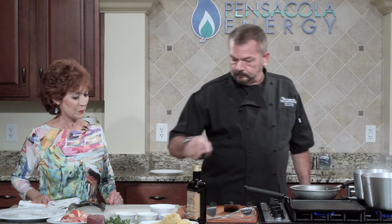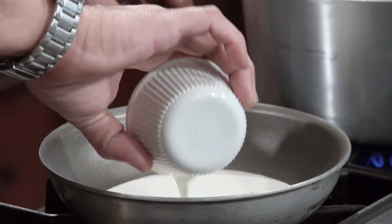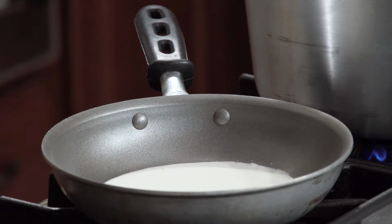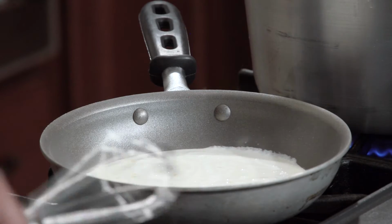Okay. Now what we need to do is make the lobster Alfredo sauce. So we're going to start with just a touch of olive oil. Go ahead and get this warmed up just a little bit. Then we're going to add in some milk and some heavy cream. What you want to do is let this come to a boil. We're basically going to be reducing this down. Once we get this going,